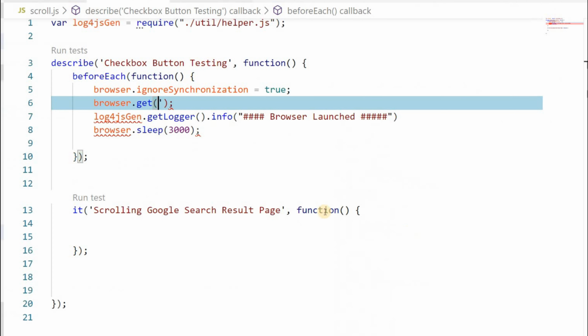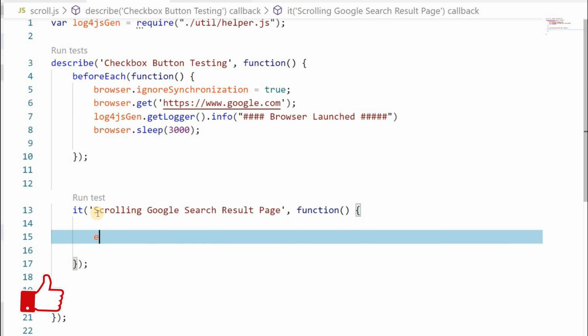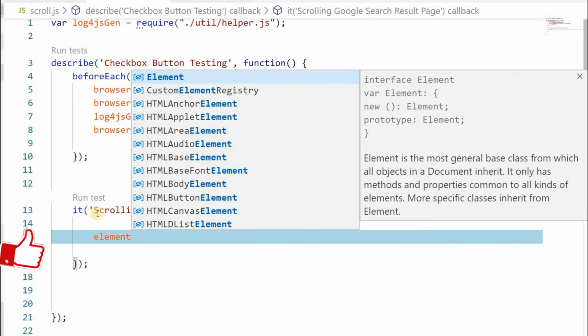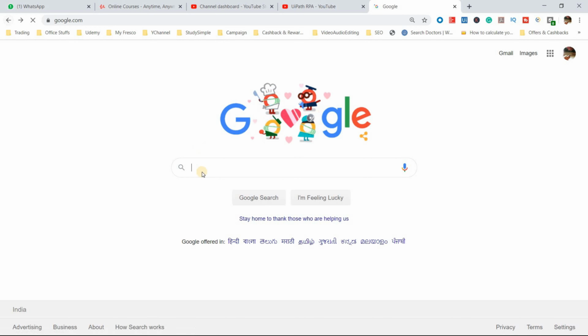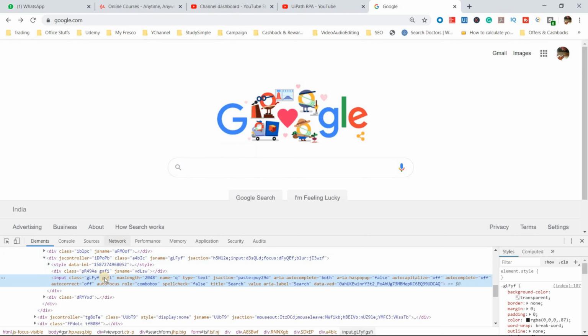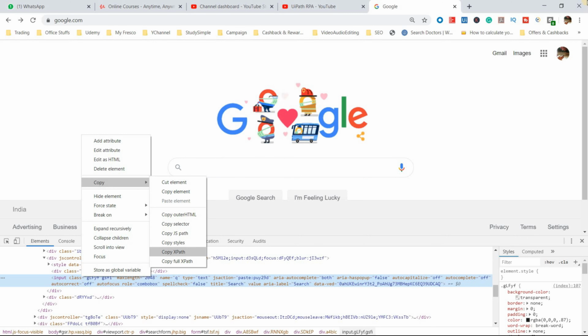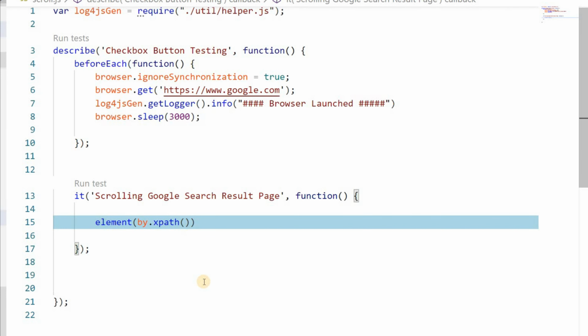So let's begin the coding session. In the coding part I've already written browser.get, and inside that browser.get I will write https://www.google.com. Okay, now in the main part I will write element by.xpath, and in the xpath we will just copy this element: inspect, copy this one, right click, copy xpath. Okay, and we will pass the value here,